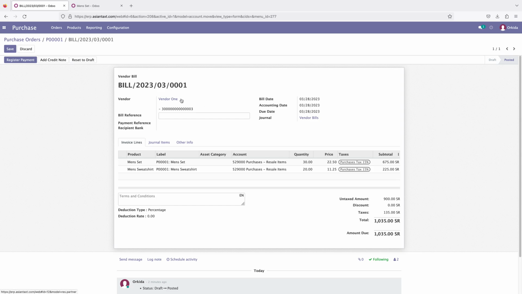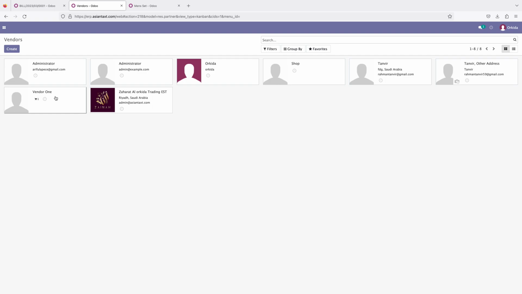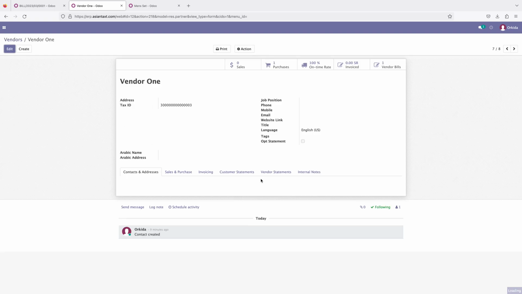And physically also we do this. For example, you purchase something from one vendor, maybe you did not give the total amount at one time, you give it partially. So how can you do this? You see, if I go to this vendor, now I am in the vendor. So this is the vendor name, and if I open this vendor,